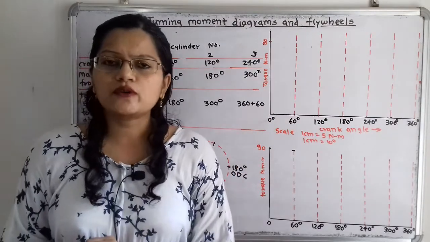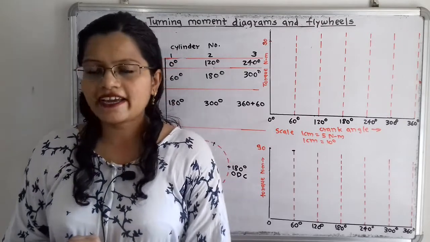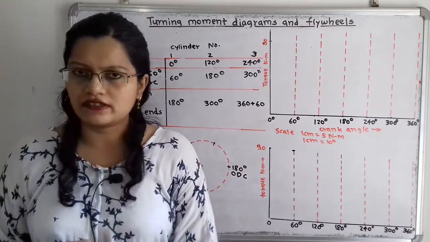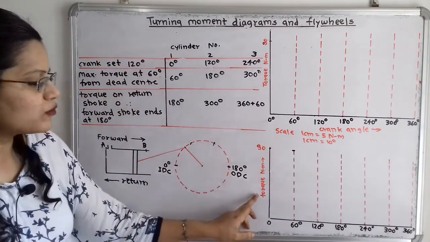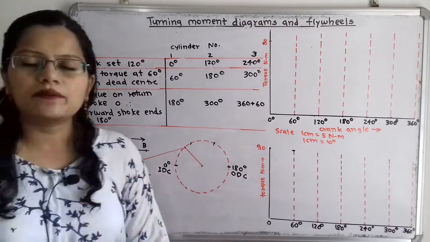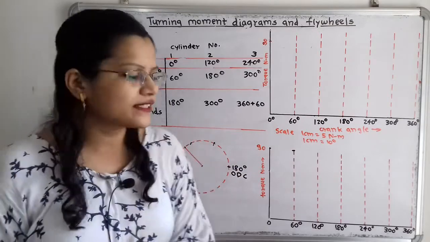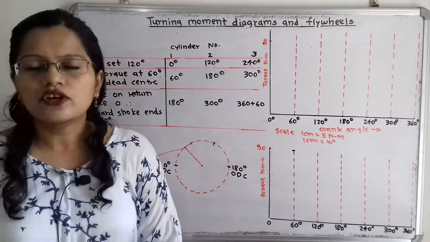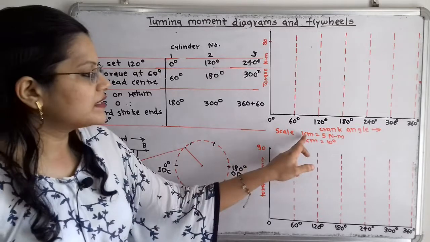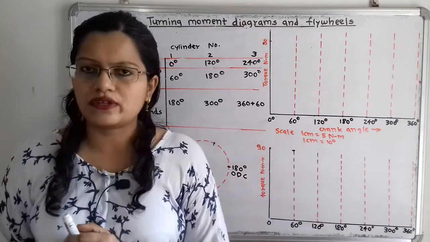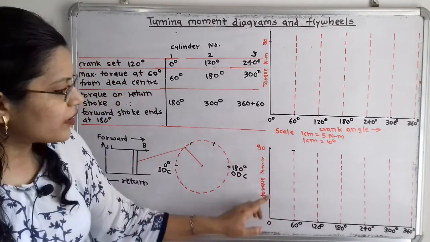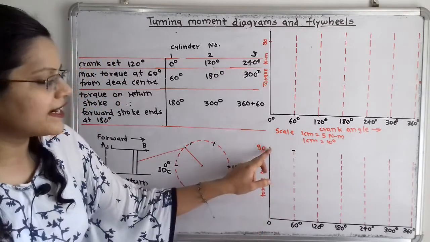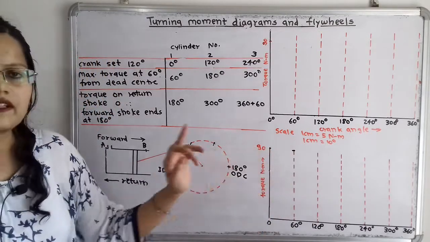Now we are going to draw the torque crank angle diagram for the individual cylinder. On the vertical line, we have to set the torque in Newton meter, whose maximum value is given as 90 Newton meter. So we will take the scale 1 centimeter equal to 5 Newton meter, and with this scale, this vertical distance of 18 centimeter represents 90